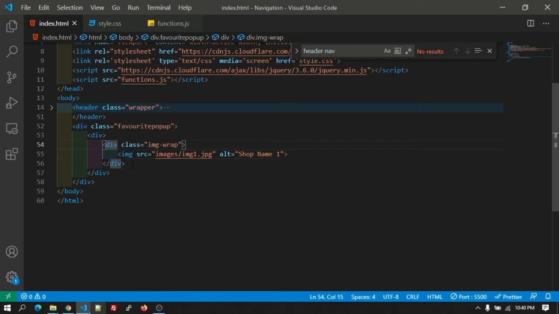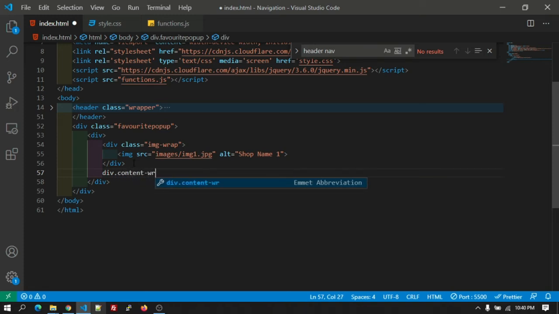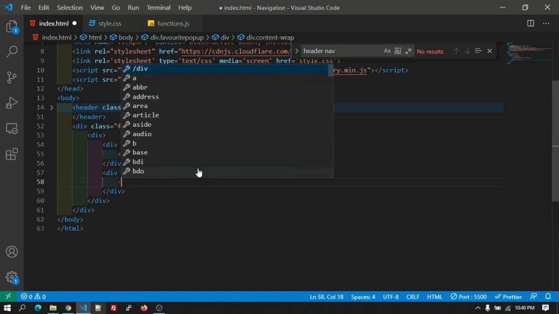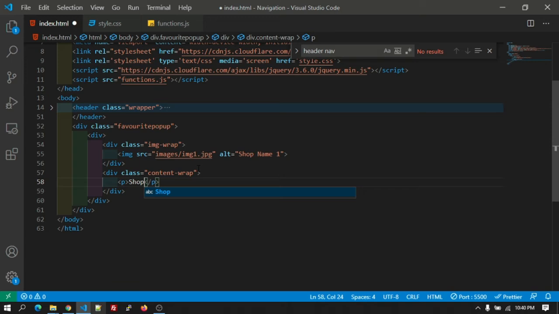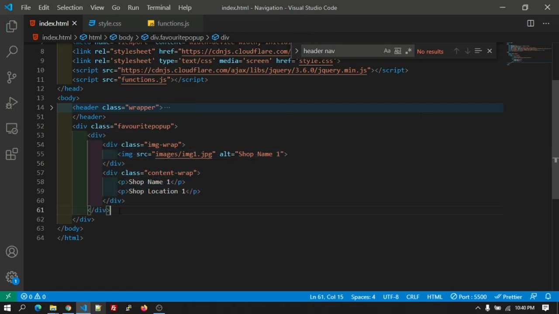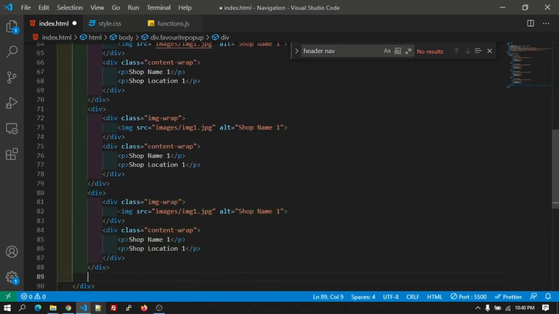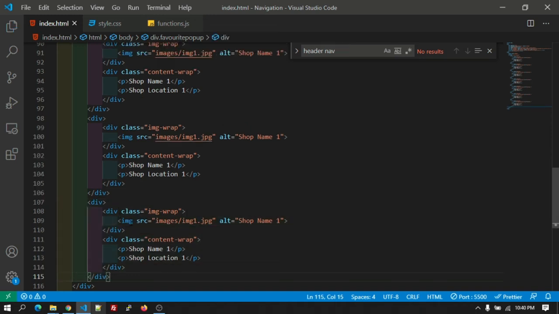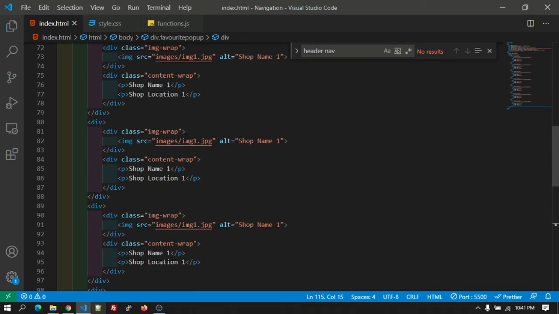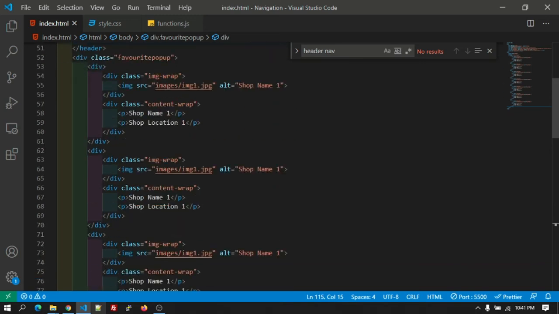Okay, after this div, let's create one more div called content wrap and inside that let's add the p tag. In the p tag there will be shop name one and the shop location one. So let's copy some more. Okay, I have copied, say for example, shop 1.